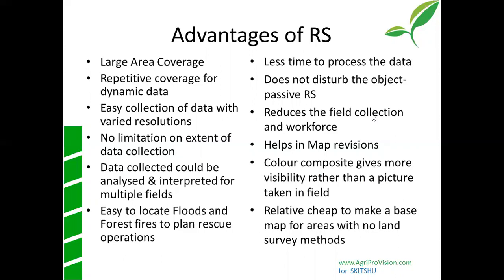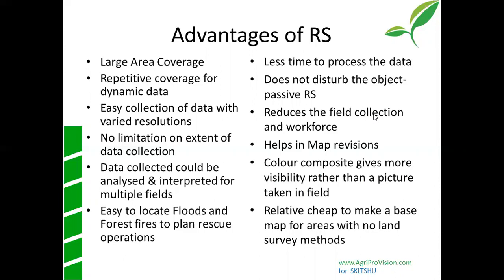And then the next one is that it takes very little time to process the entire data. For example, if you have collected about a day's data, it takes about a few hours, depending upon the complexity of the data and exactly what you are trying to look at. And the thing is, it is done remotely, so you're not disturbing any of these objects. There's no way you are coming in contact with them, so the object you are tracking is safe enough, and it reduces the collection of data.